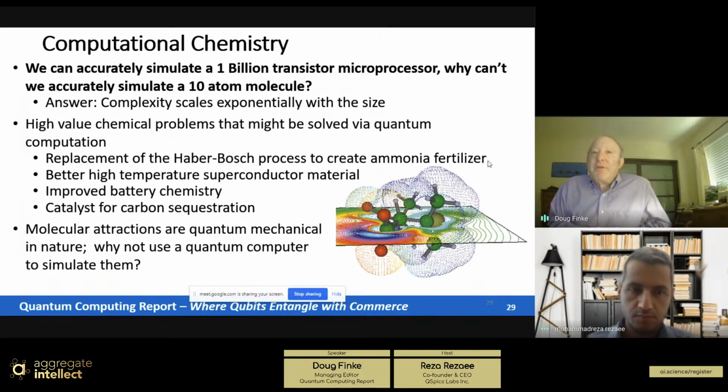And the process that people are using right now to make this fertilizer is called the Haber-Bosch process, where you take nitrogen from the air and you compress it at very high pressures and very high temperatures, and that will cause a chemical reaction that will create the fertilizer ammonia, NH3. But it turns out that process uses something like 3 to 6% of the world's natural gas. It's really a giant user of